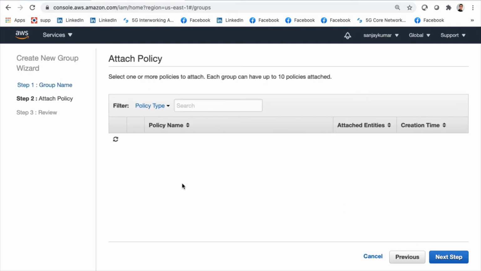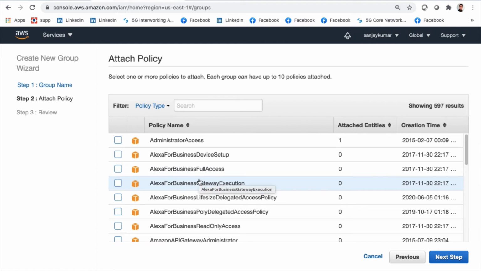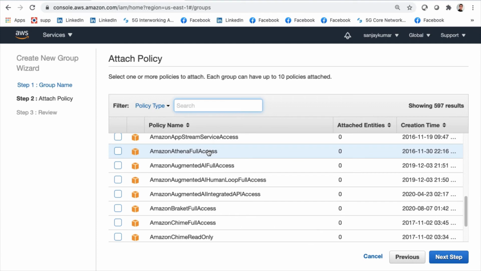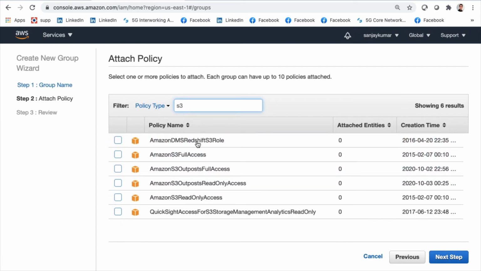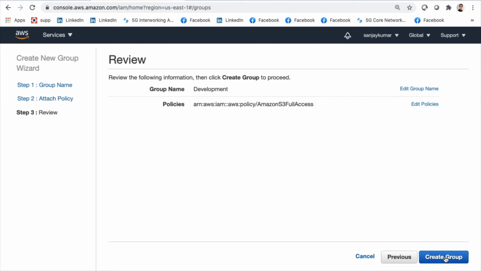So I'll go ahead, and now what I can do is decide which policies should be given to the users, or I'll say the groups. I can have many users in the same group, and the policy given to the group is available for all the users in this particular group. So in this case, let's say I have already given the admin policy to the user, so it doesn't matter what policy I give here. But just to take an example, if I give S3 full access to this particular group, every user who is a part of this group will always have full access to the S3 service, but they will not be able to use other services. So next, add step.